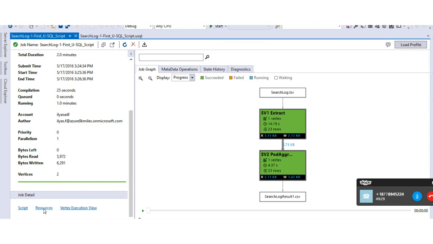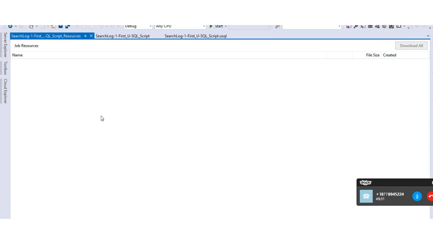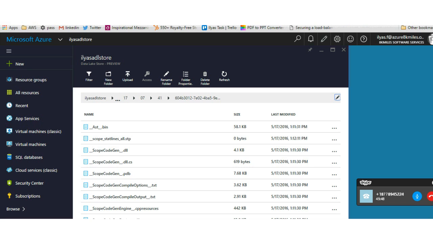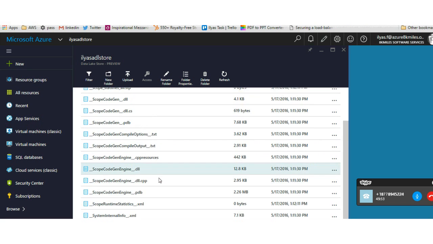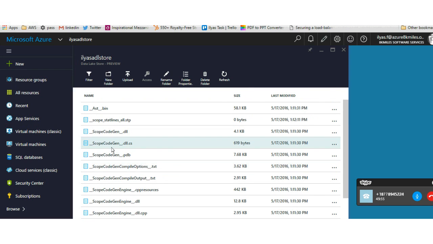Here, if we go to the execution, you can find the resources that it has created. Let's give it a second to download the compiled resources file. You can also see this in the Azure subscription. Here it is. It has created a list of files.